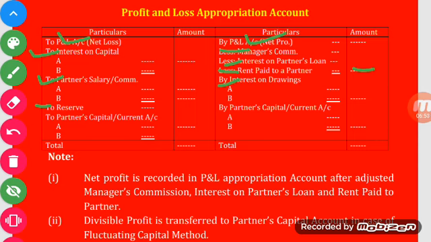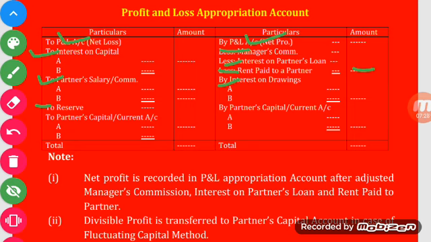Reserve is the appropriation of profit, how much amount is to be kept in the firm. This amount will be kept in the firm. For this purpose, the reserve is created out of the net profit. It depends on net profit, 5% or 10% or 15% of the net profit. Is it clear? And the last, profit: if the credit side is greater than the debit side, the difference will be divisible